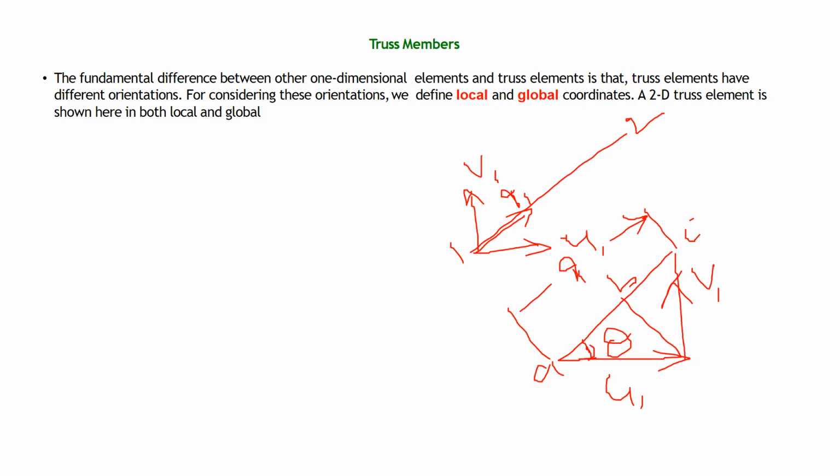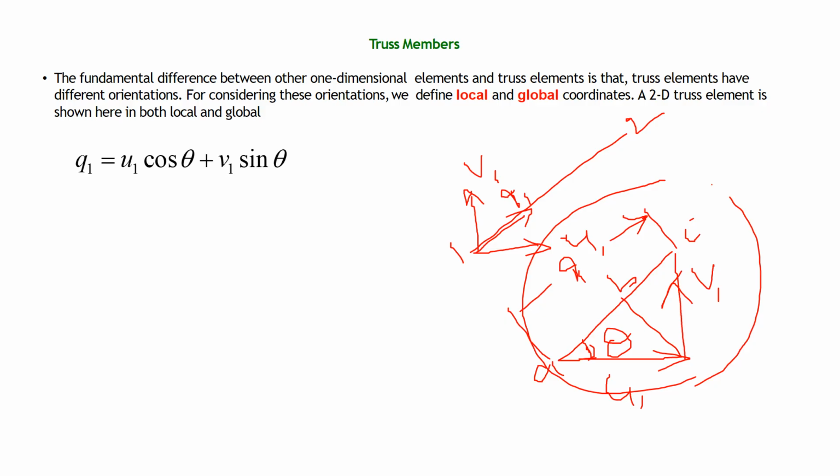So here we can say that Q1 is equal to AB plus BC. AB is equal to U1 cos theta, BC is equal to V1 sin theta. So from this triangle we may say the local and global coordinates relations: Q1 is equal to U1 cos theta plus V1 sin theta. This is equation 1 from these coordinates. Q1, the local coordinate, the displacement along the axis of the truss member, is equal to the sum of U1 cos theta